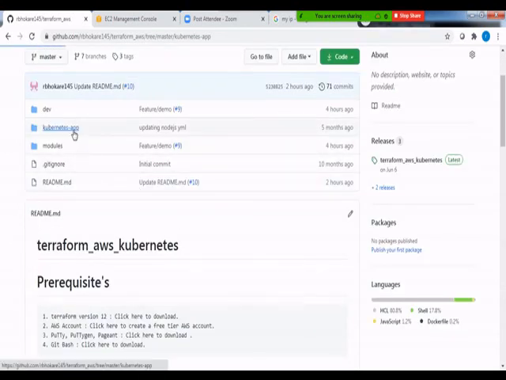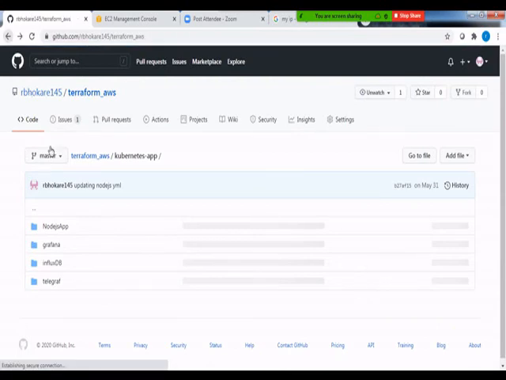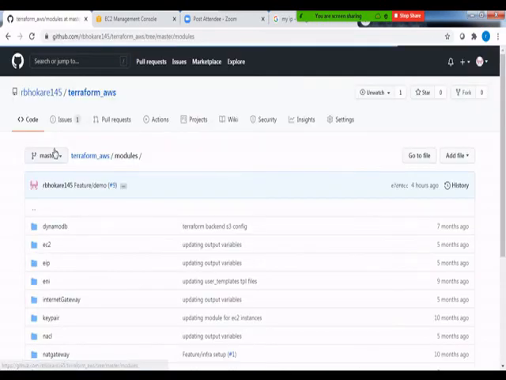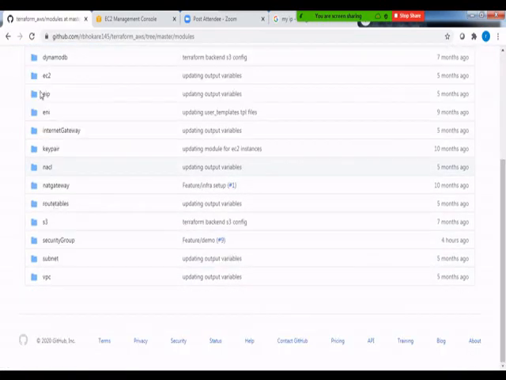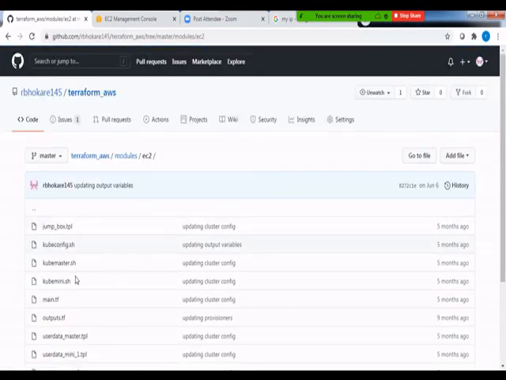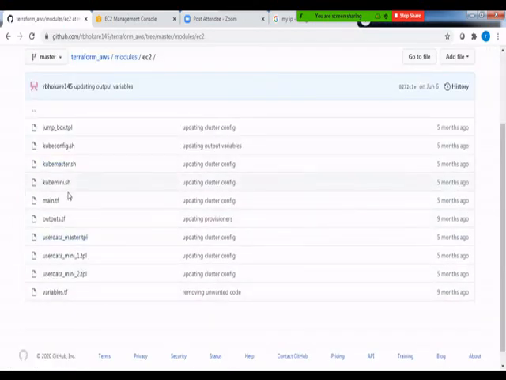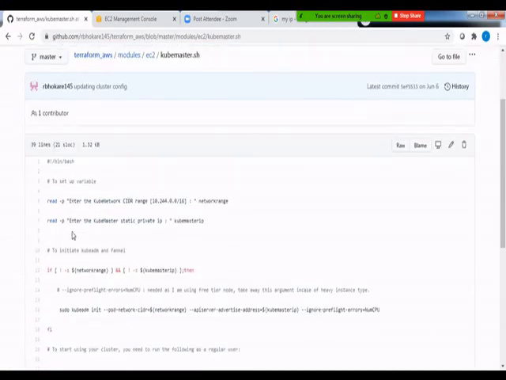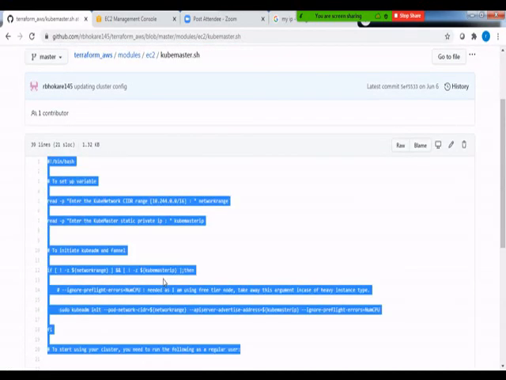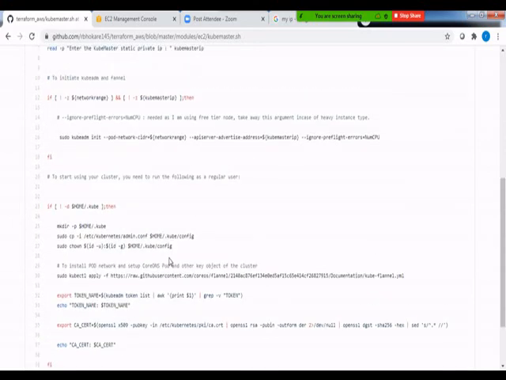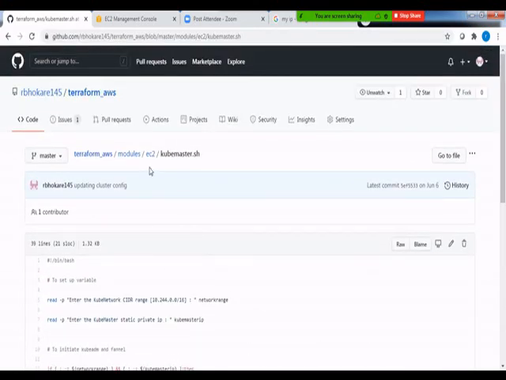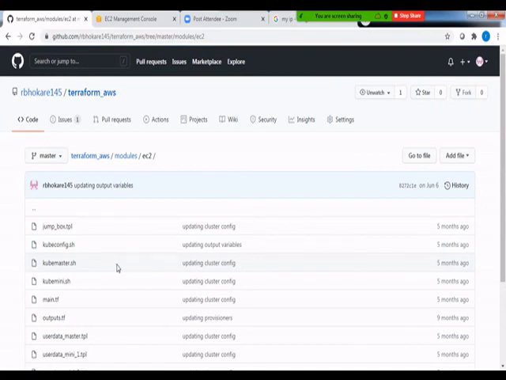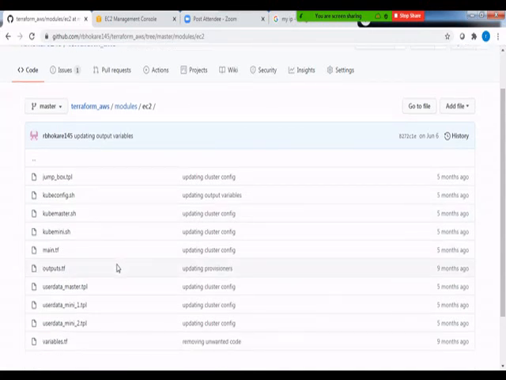If you go inside this repository, and you want to make changes, go inside the module, for example EC2s, you can make changes to this script anytime, and there is a pull request, or you can experiment with all those things on your own laptop or in your own environment, right? So all the scripts have been given over here, okay, and as a DevOps engineer, we need to write all those things. Yes, eventually, or else some architecture will.